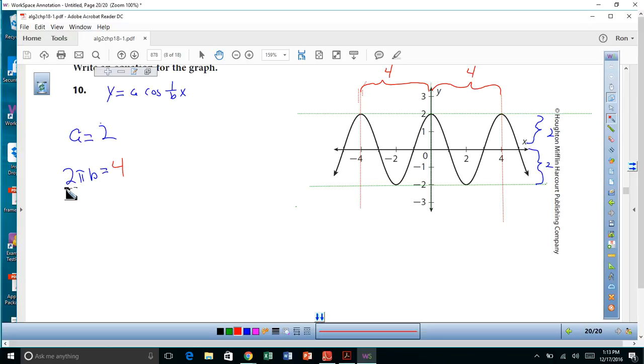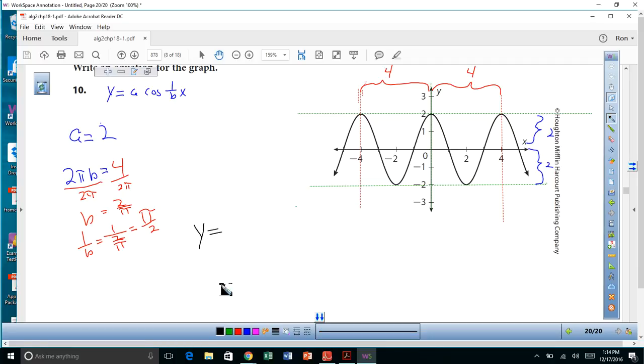All right, let's divide both sides by 2 pi. And we got b equals 4 divided by 2, that's just going to be 2 over pi. So 1 over b would equal 1 over 2 over pi, which is pi over 2. So that's going to give us our equation of